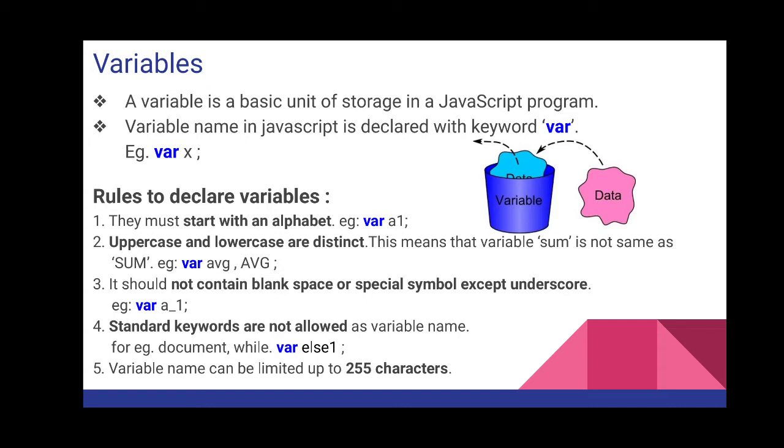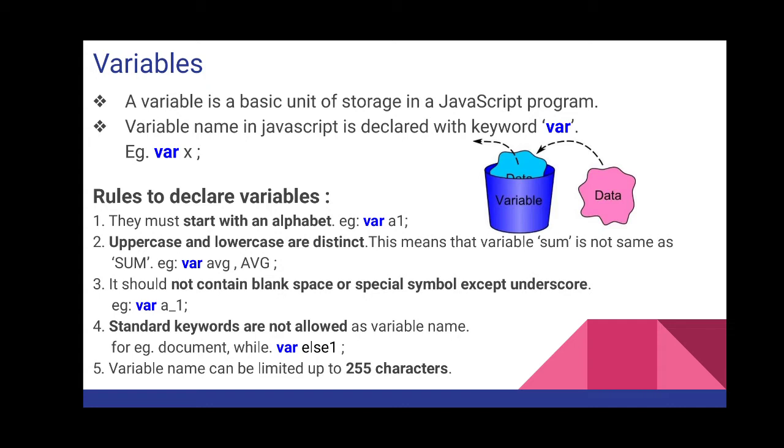Suppose that house is given on rent. The tenants who stay there are also called data because they are staying in that house. But it may not happen that this year there is one tenant and the same one stays on; maybe next year or after 2-3 years the data, or the tenants, will change. That is called a variable. And if your house is permanent and you are the one staying in it, you will be constant. So are you getting what exactly a variable is?